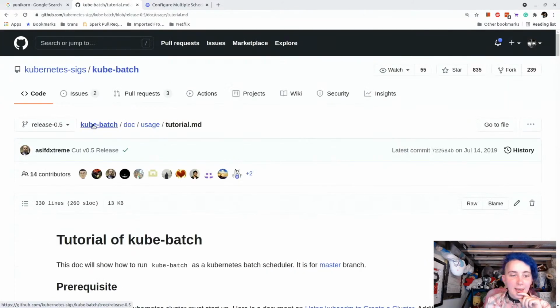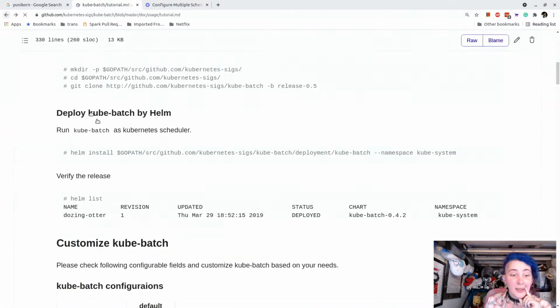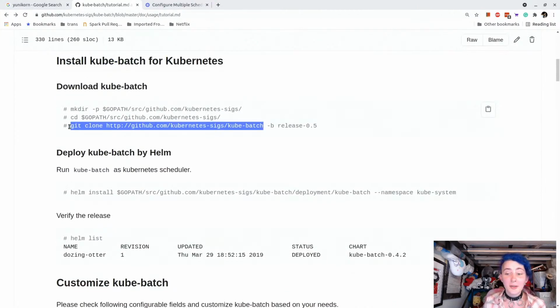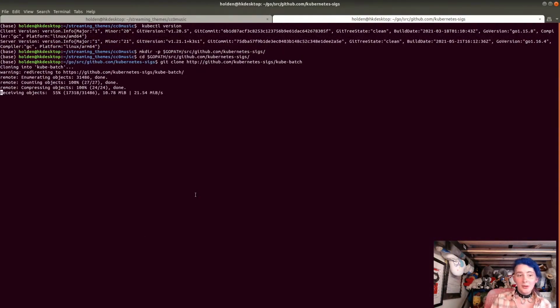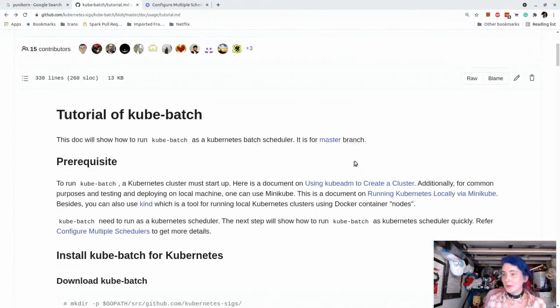Let's take a look. How recently was release 0.5 updated? 1 commit ahead and 55 commits behind. Last updated 2019. Yeah, no. We're gonna do the current development branch because in part that's what it says it's for. So let's go ahead and do that. Although interestingly enough,